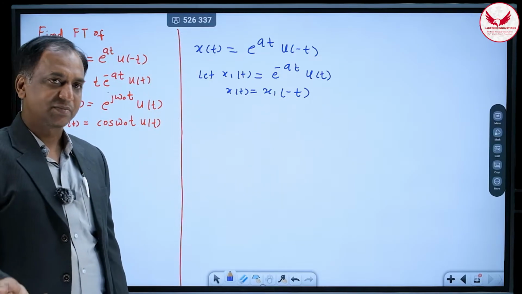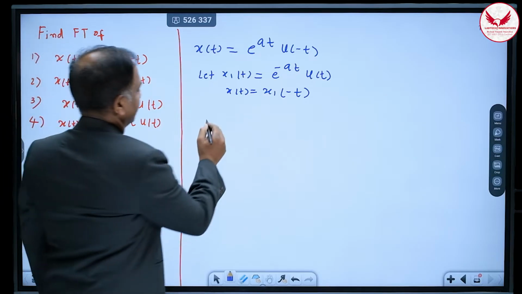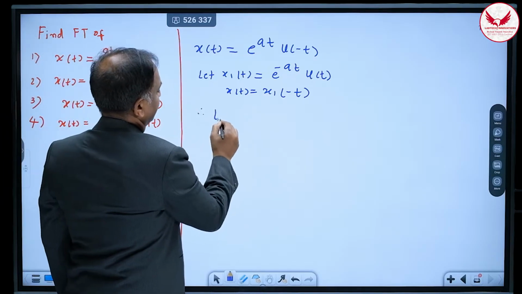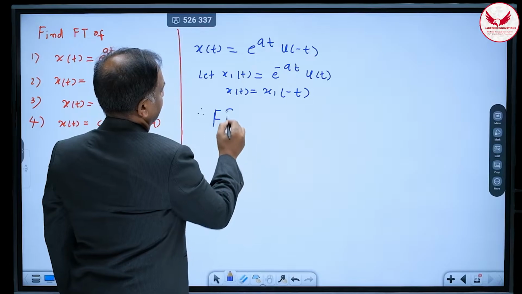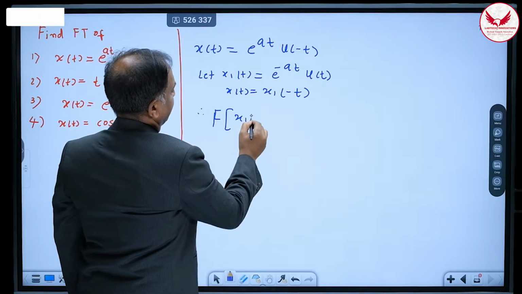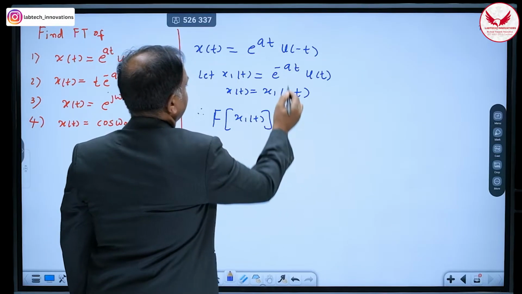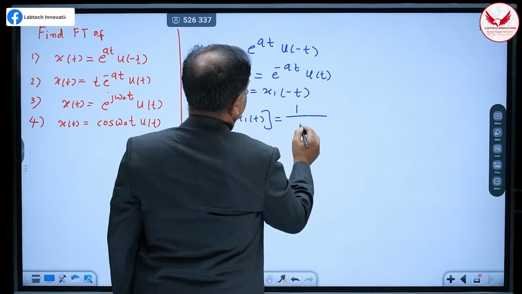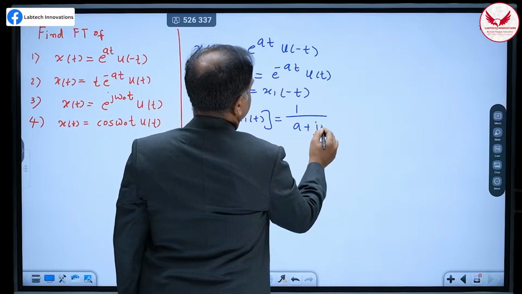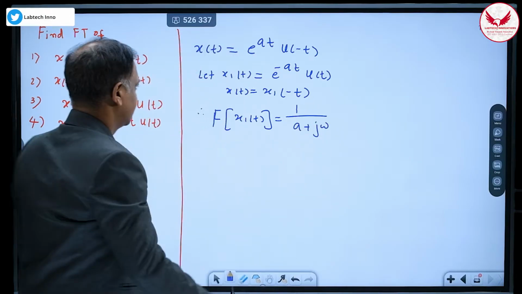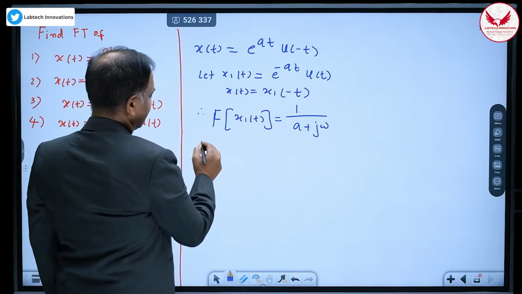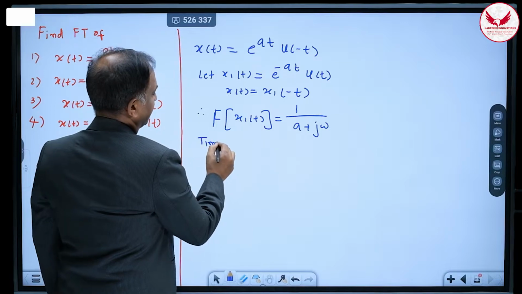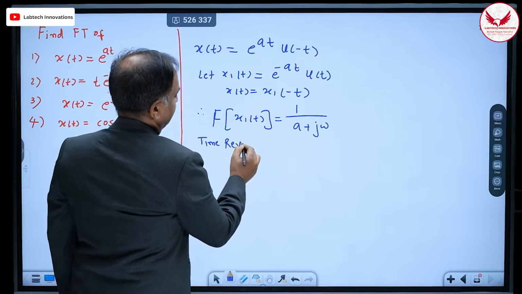So you can apply the time reversal property. Therefore the Fourier transform of x1 of t, which we already know for e raised to minus at u of t, is 1 upon a plus j omega. Now, by using the time reversal property,